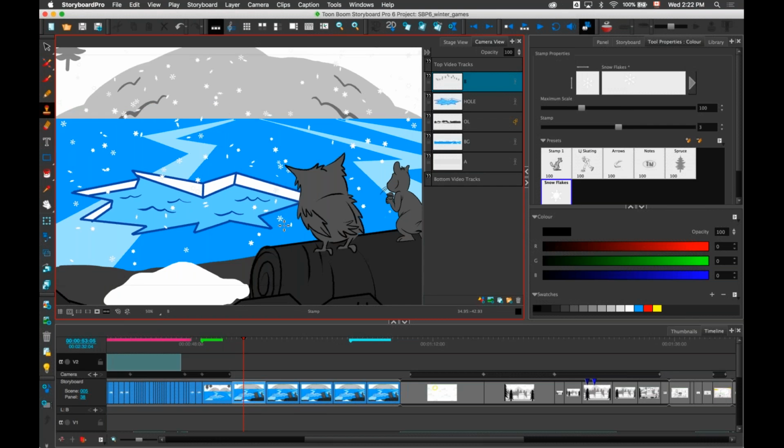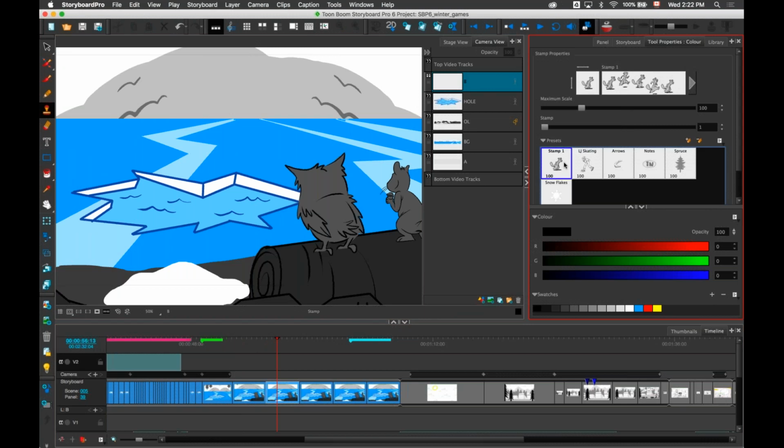So this is great for that, but it's also great for cycles. So I have a cycle here that I created. No, I didn't create it, sorry. Genevieve created it because it's really too nice to be created by me. I don't have that talent. And I can use this to stamp the run cycle. So I have a couple of drawings. It's made out of 4 drawings. I stamp this across. Now I'm stamping this across the same panel. Let me undo this. I will do that across multiple panels.